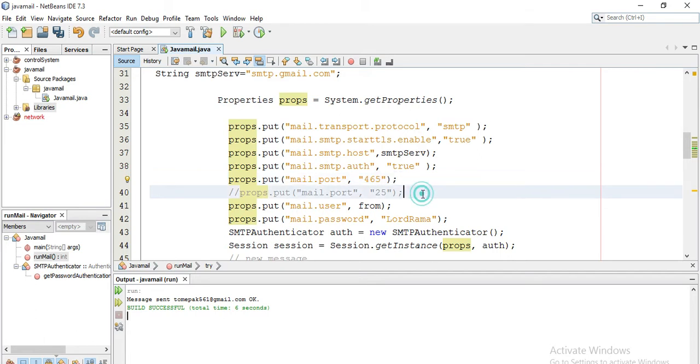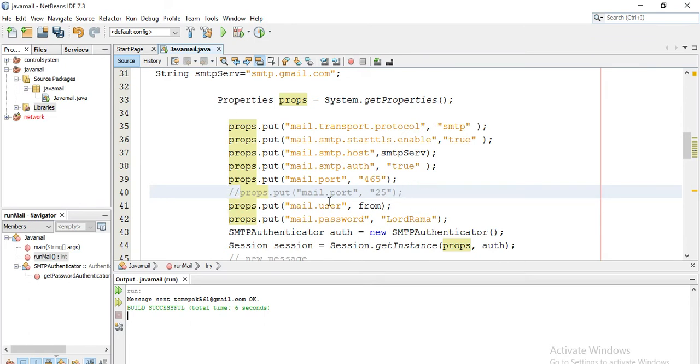Usually when one email server communicates with another email server, SMTP uses port number 25. But because here we are sending email from a Java program to an email server, we are using port number 465. If your program is not working, you can enable the other port for testing purposes, but our program is working on this port only, so I have commented it here.